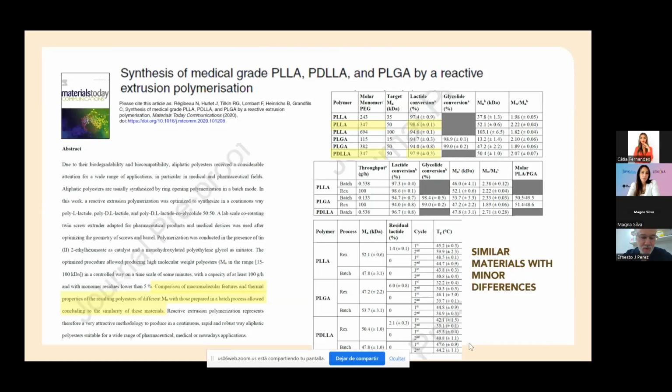But what are these minor differences? The melting temperature in the PDLLA in Lenisna is a little lower, so it's easier to dissolve, in case we need to dissolve,